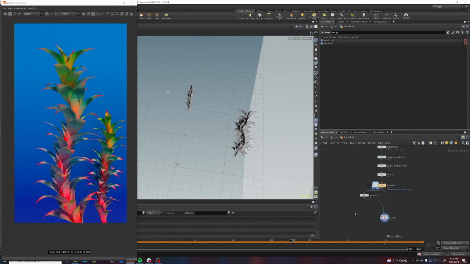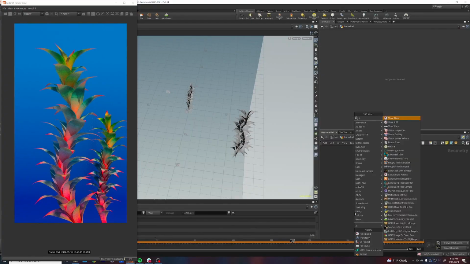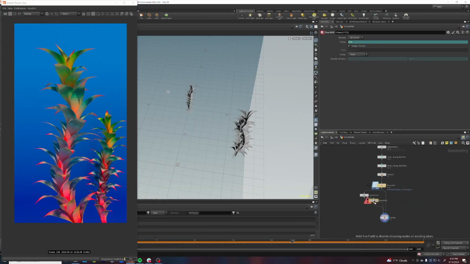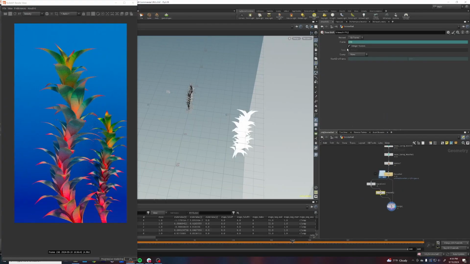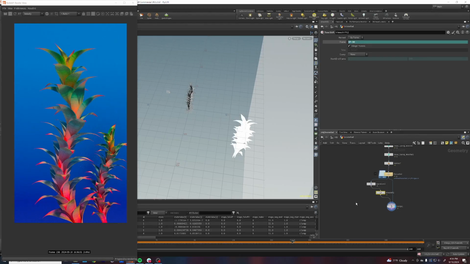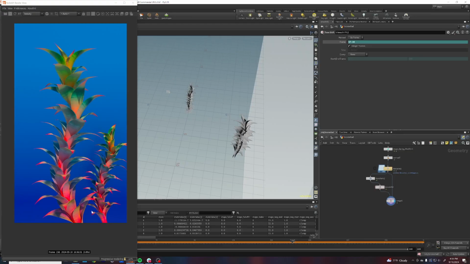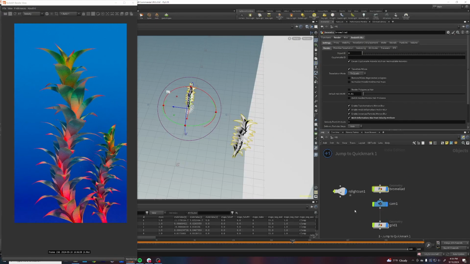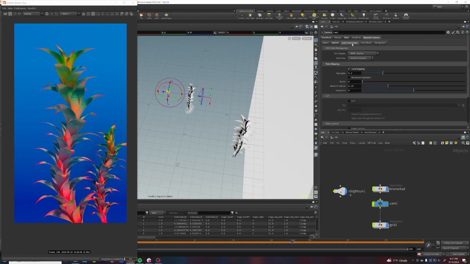Oops, not time blend. Time shift it here. And you can just do $F minus 20 so that they're growing at different rates, minus 30, something like that. Cool. And then I just do that again and again, so you have something in the background. And then all I do is in my camera, I go to